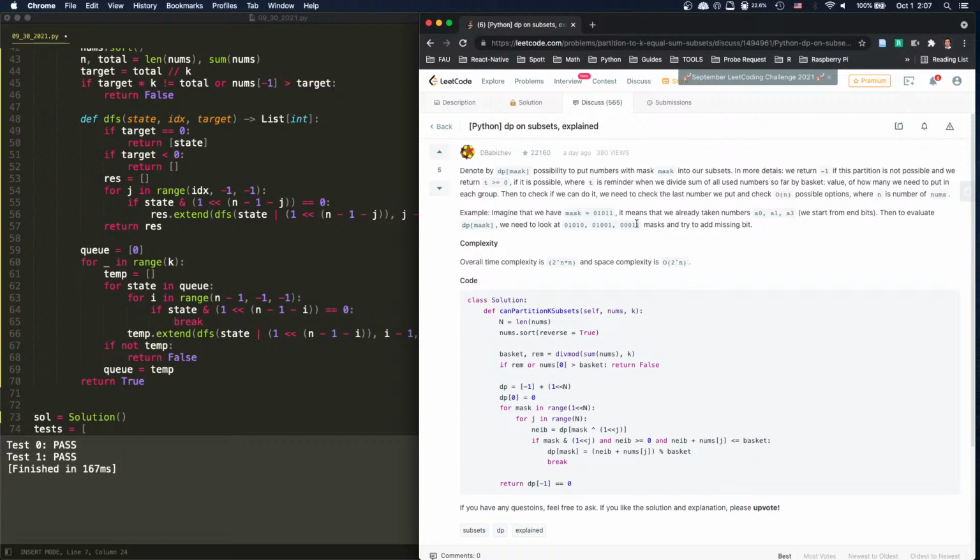So we record what this is, and we don't keep going. Why do we not keep going? Exactly, why do we not keep going? What if the current option is not good? If it's smaller or equal to the basket,